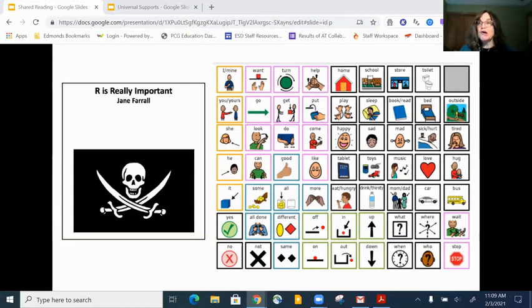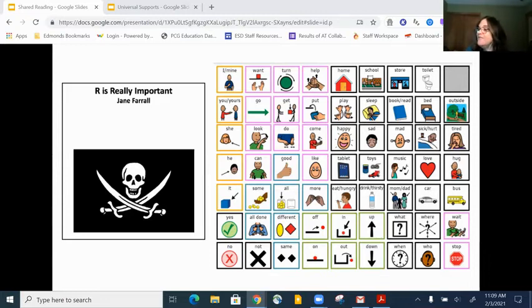It's called R is Really Important by Jane Farrell, and it is in Tar Heel Reader, and I will show you that later as a place to find books. And this is a copy of the core board that we use in Edmonds. So you might see some with flip pages with fringe, but this is pretty much like the whole board. If you have a core board on your lanyard, this is what it's going to look like.